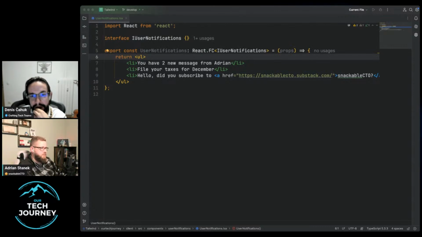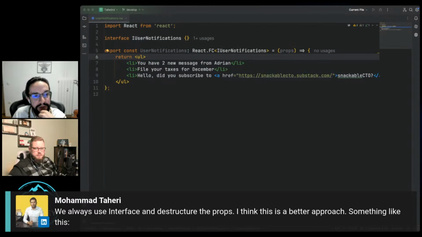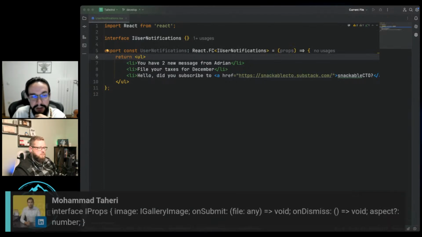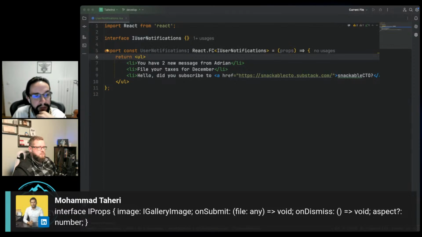It's simply not possible. Wait, hang on. Mohammed has a great comment. Mohammed mentions we always use an interface and destructure the props. I think this is a better approach. Something like this: interface IProps, image: IGalleryImage, onSubmit: file any. That's the type of the callback. onDismiss is another type for the callback, for the event handlers, and then aspect: number, optional.